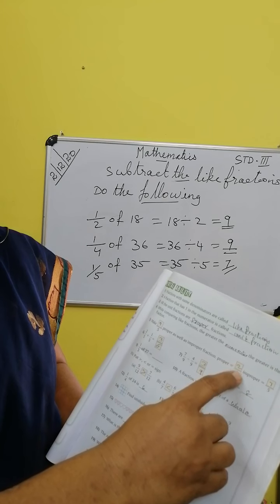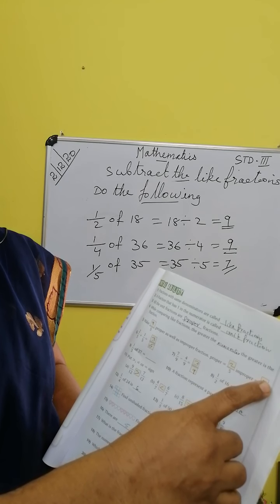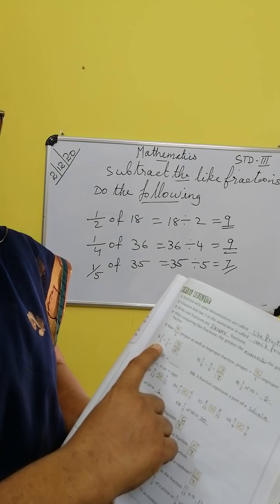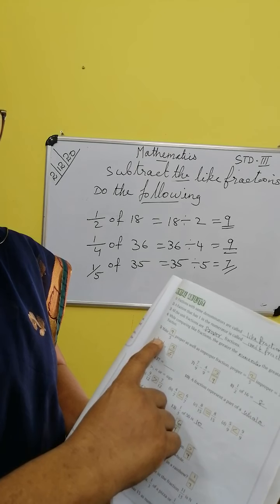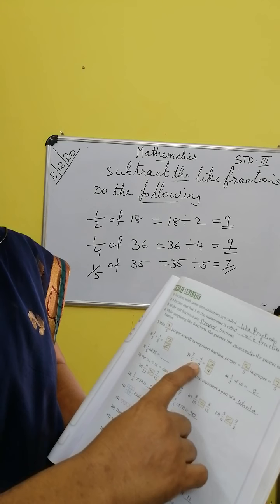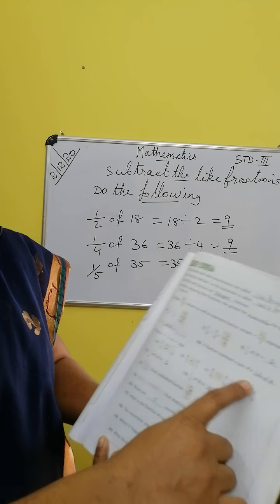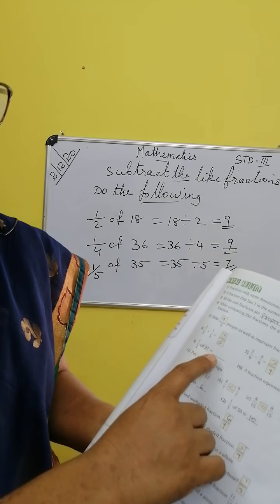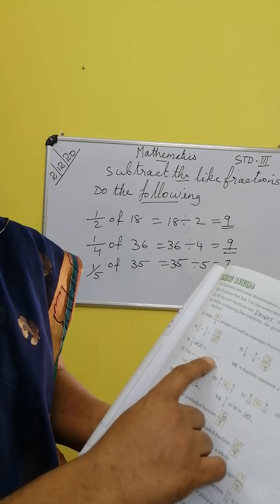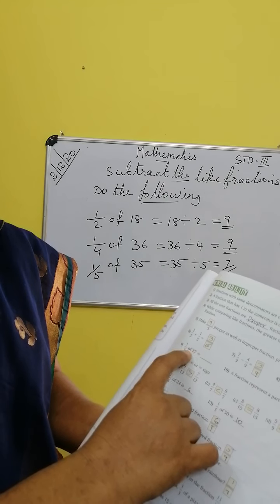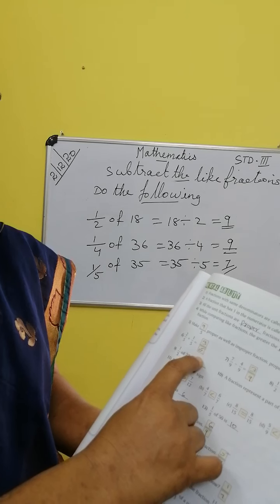Make 9 by 5 into a proper as well as an improper fraction. Proper equals 2 by 5, improper equals 7 by 5. Next one, 2 by 5 plus 1 by 5 equals numerator 2 plus 1, 3 by 5. Here 3 by 9, 1 by 2 of 16, 8. Here you find the answer: 27 divided by 3. 9 3's are 27, so write 9.